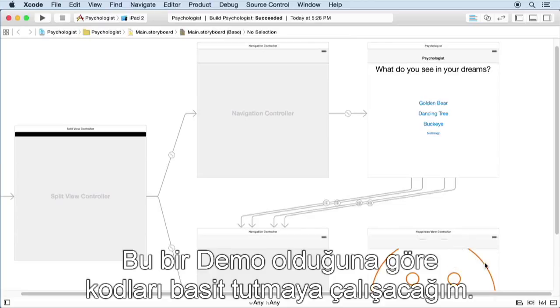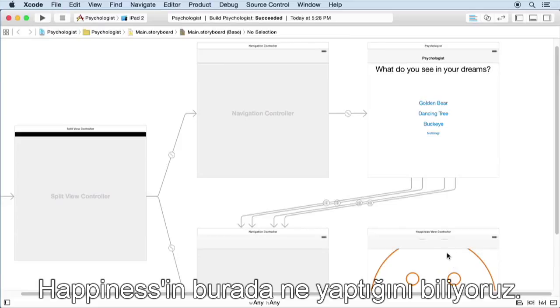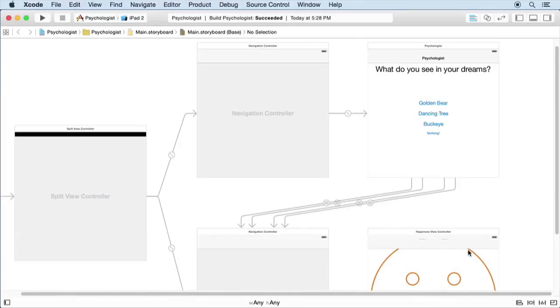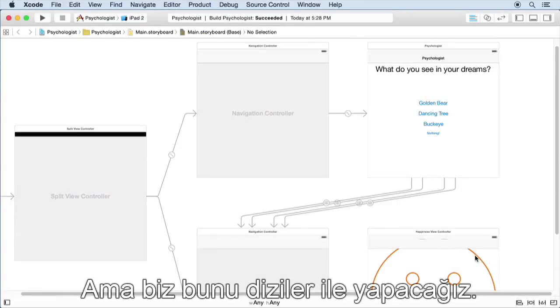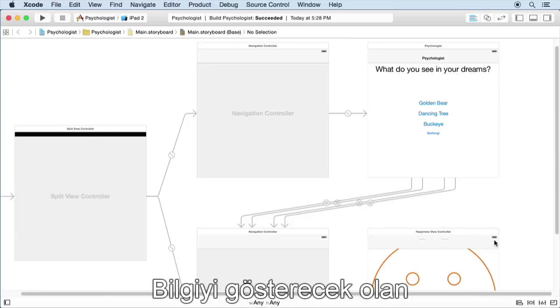Now, since this is a demo, we want to keep the code simple. It's going to show the history of the diagnosis just as an array of ints, because we know that our happiness is represented in ints. It might be nicer to show it in a different way, but we're going to show it as an array of ints. So let's build this popover segue first, and then we'll have to go on to build